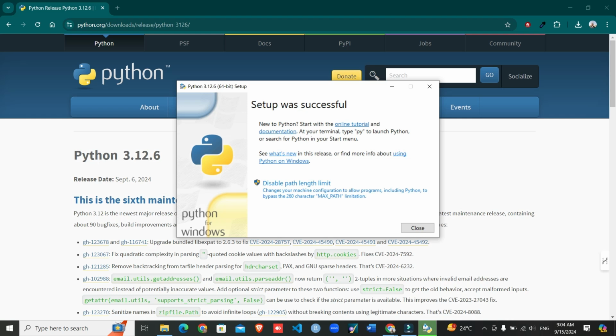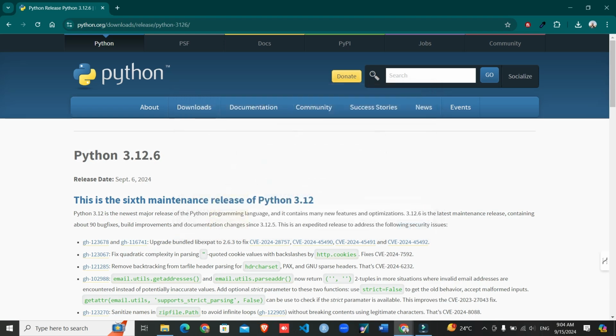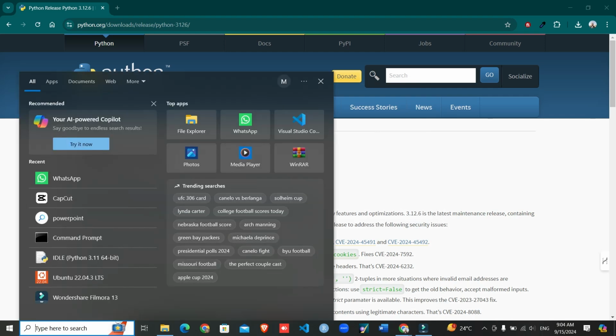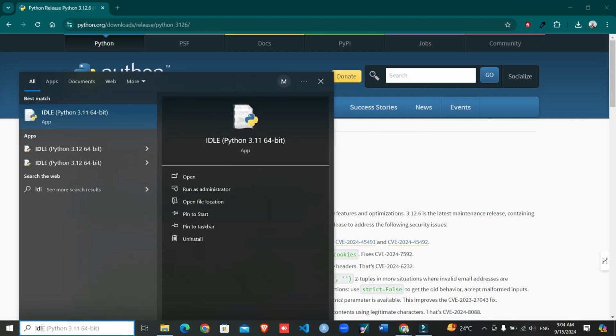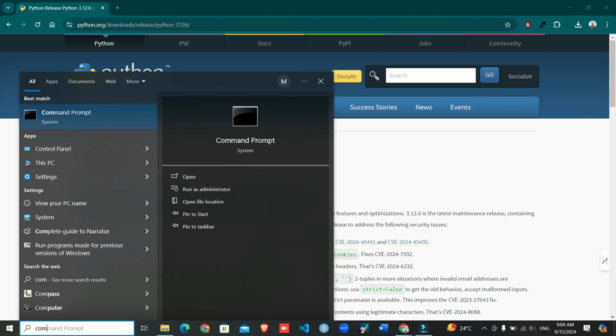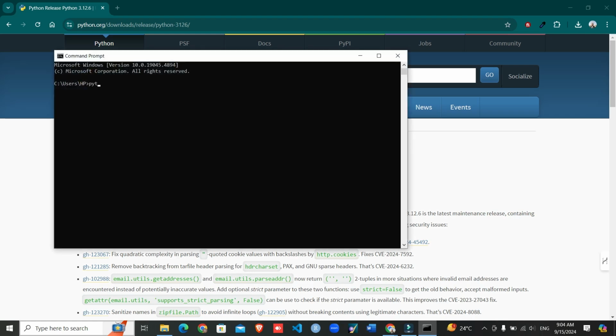Setup was successful. Okay, setup was successfully closed. So now I will check IDLE. Okay, I have IDLE. After that I will go to the command prompt, and in the command prompt I will type python